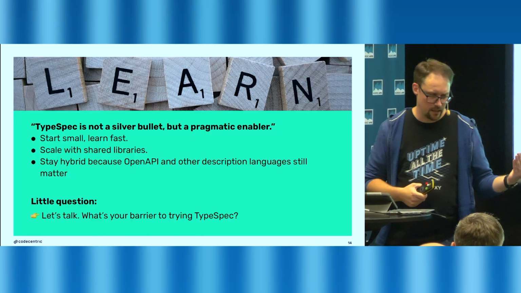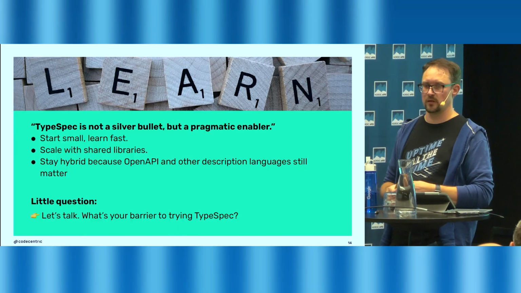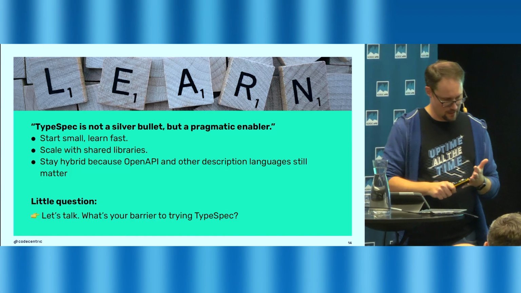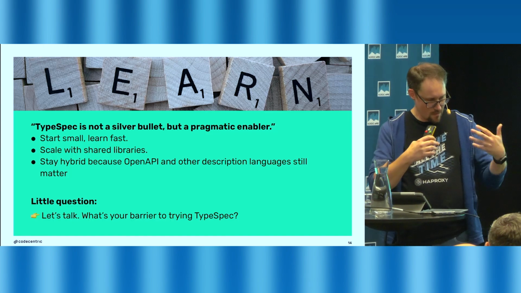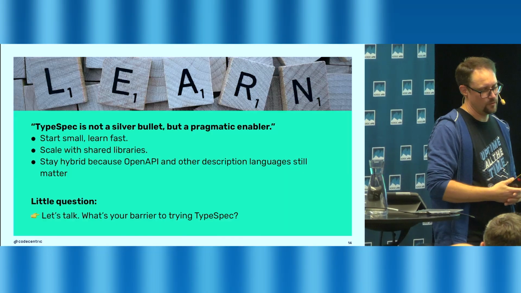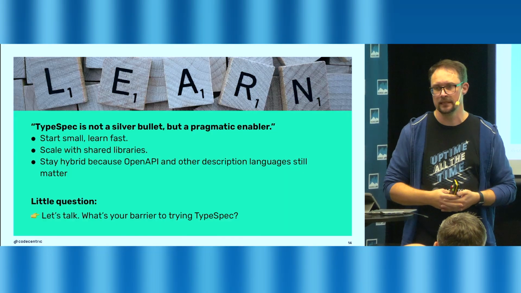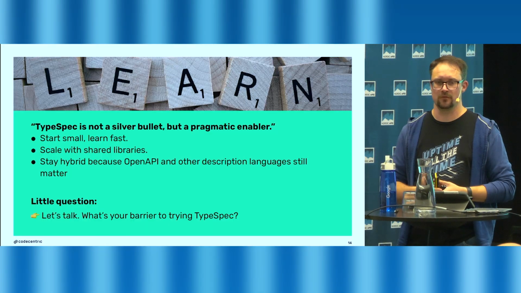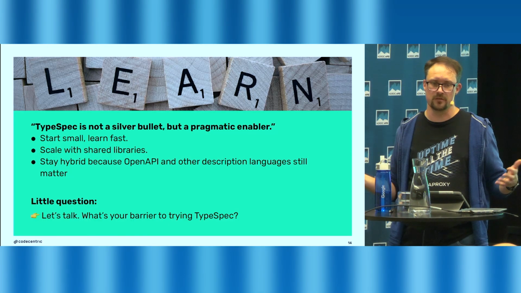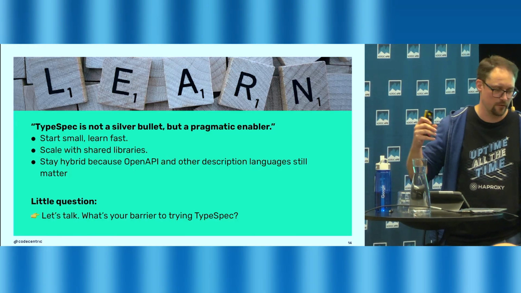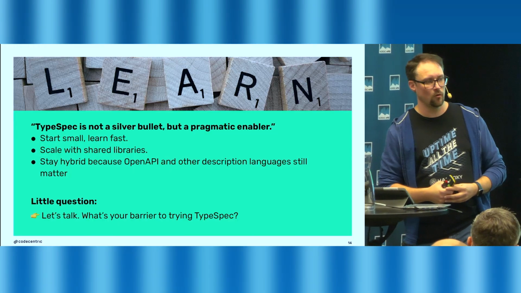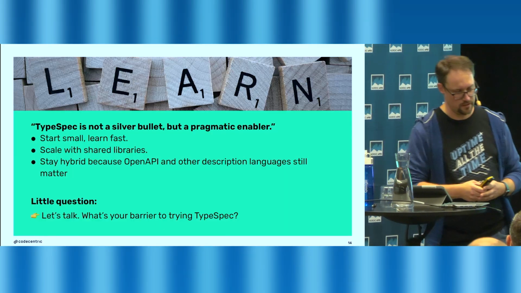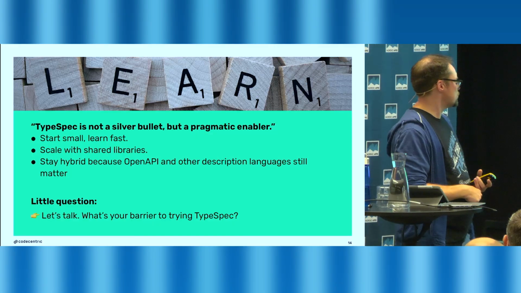And on the other side, you should stay hybrid, because there will be new standards, there will be new things coming up, and it's better to have it in a hybrid state to really move on fast. If you rely too heavily on something like Typespec, it could be a problem in the future, because it's not a real standard right now. If it doesn't exist anymore, or somebody has other ideas with it, it could be a loose decision there.